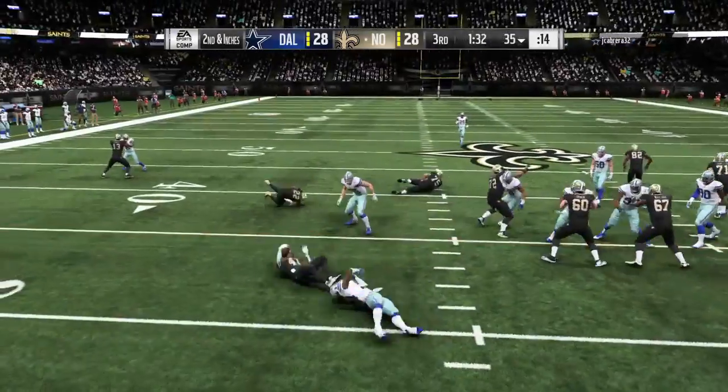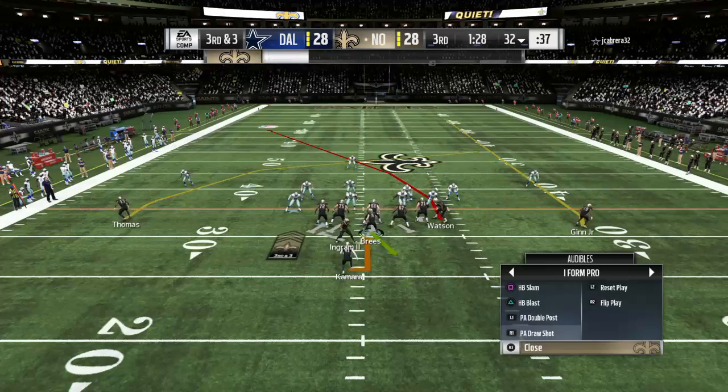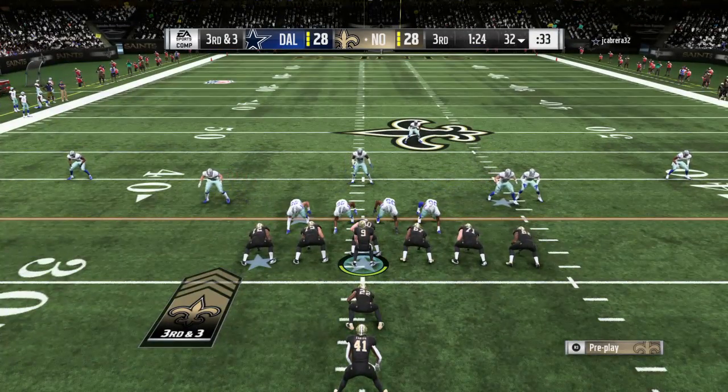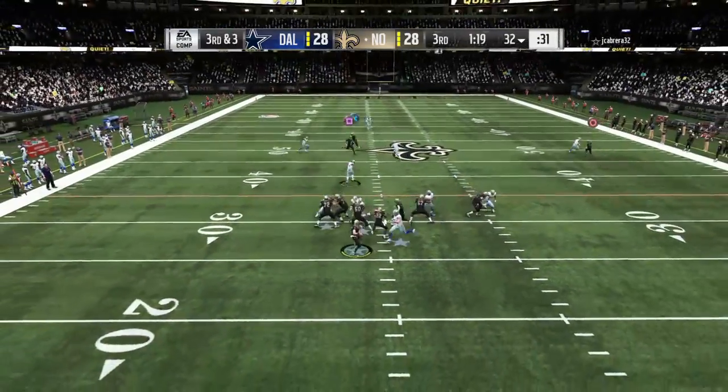They run it again with Kamara. And he is going to be stopped cold behind the line of scrimmage. He lost two there, and it's 3rd down. Well, partner, I guess sometimes it's just a matter of philosophy. Some say run it until they absolutely stop you, and others say, well...